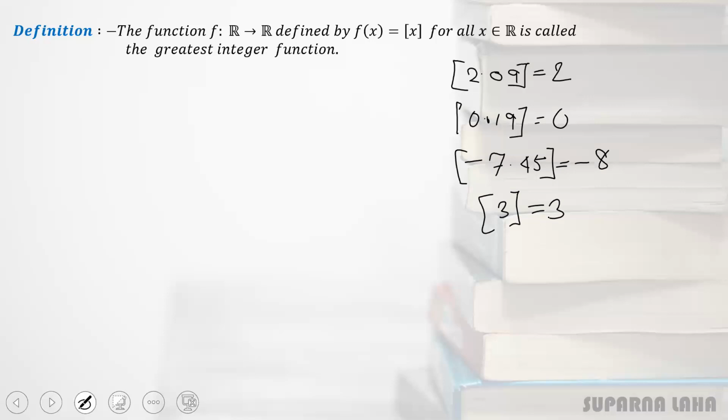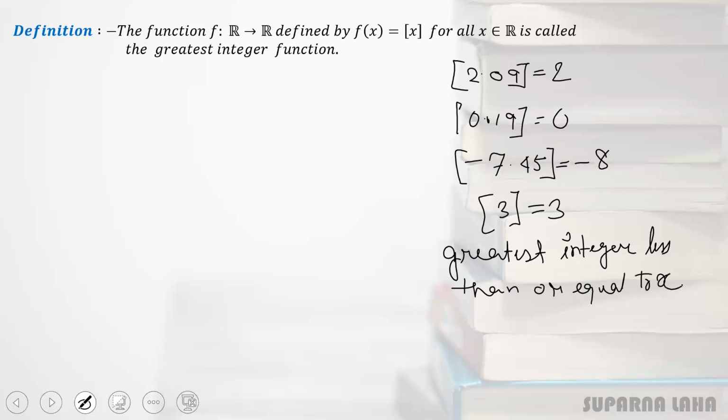You can say this box x is the greatest integer less than or equal to x. This is what box x means. Now let us check